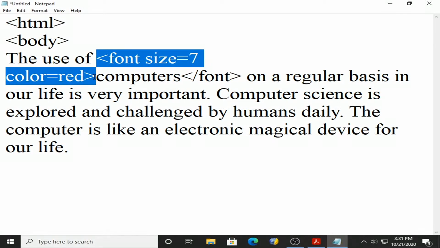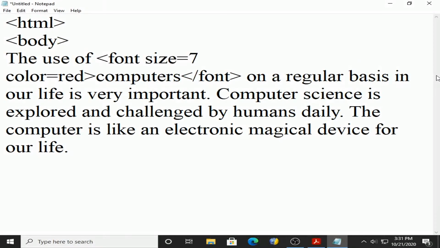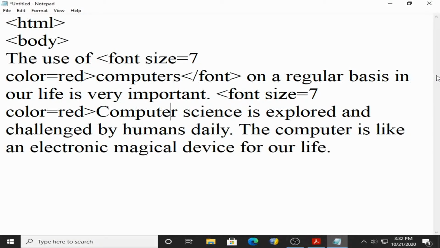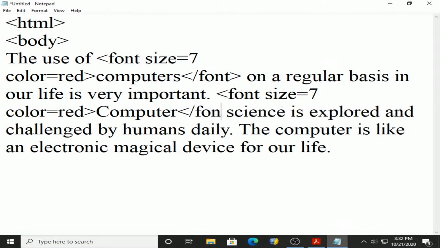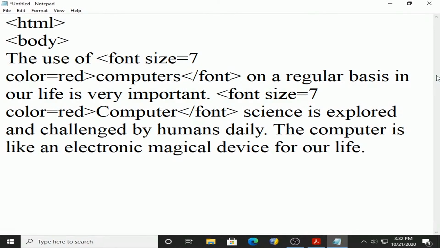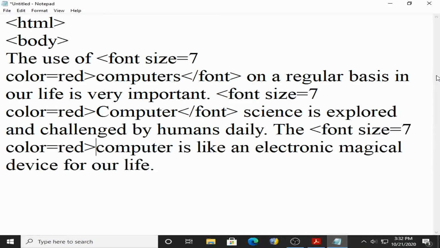In the same way, wherever it is given, you can write at the same place.